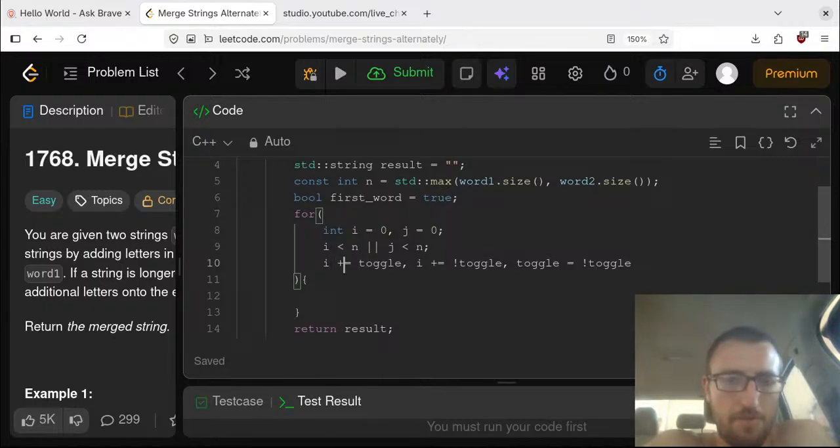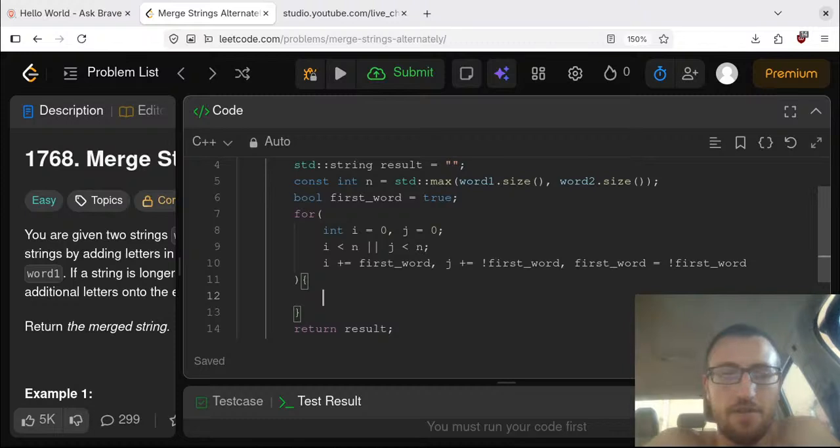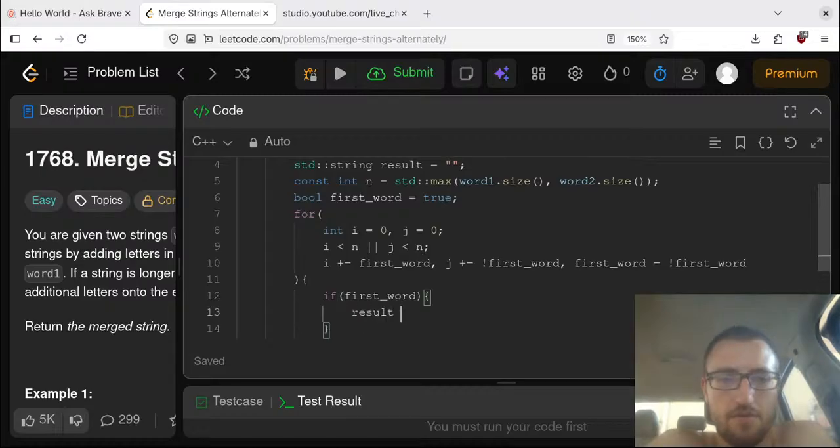So i will be plus equals first word, and then j is not first word. And then first word can toggle. And then you would say result plus c. So if for first word. Can actually do